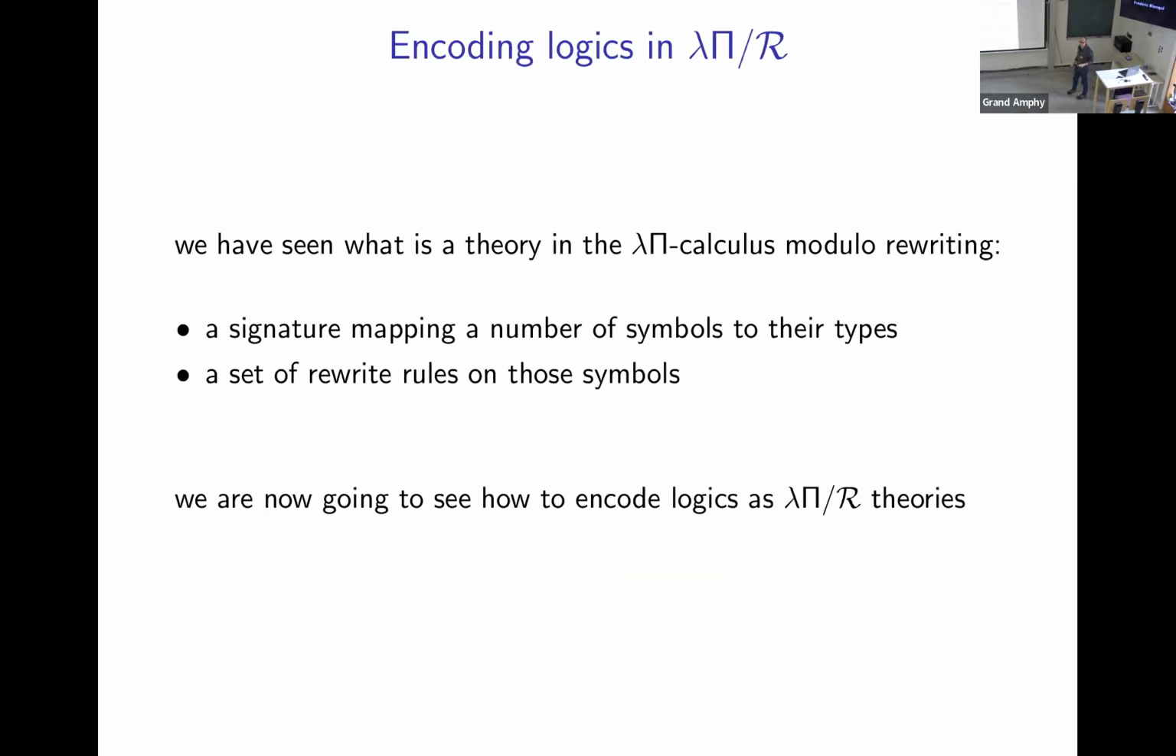So to summarize what we have seen in the last day, we've seen the definition of the lambda pi calculus modulo. And what is the theory in this framework? It's given by a signature, which means a set of symbols, each symbol equipped with some dependent type, and a set of rewrite rules, oriented equations, defining